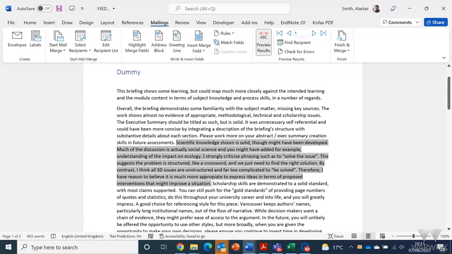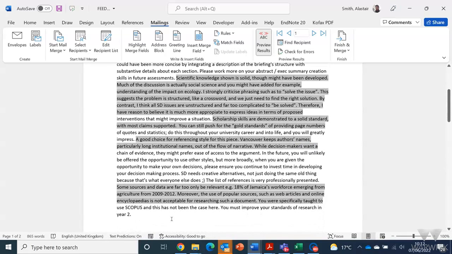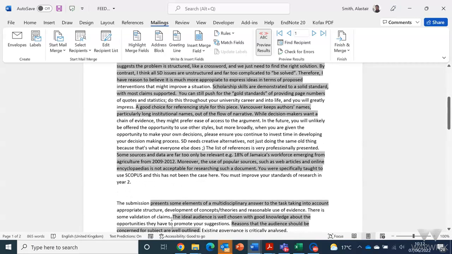Hopefully, because I've paid attention to the grammar and the capitalization, etc. This might read as not a particularly natural paragraph, perhaps, but this is something that can be refined with time. So here we've got some nice linking phrases. So in the future, moving from the justification of the mark through to providing feed forward for future assessments